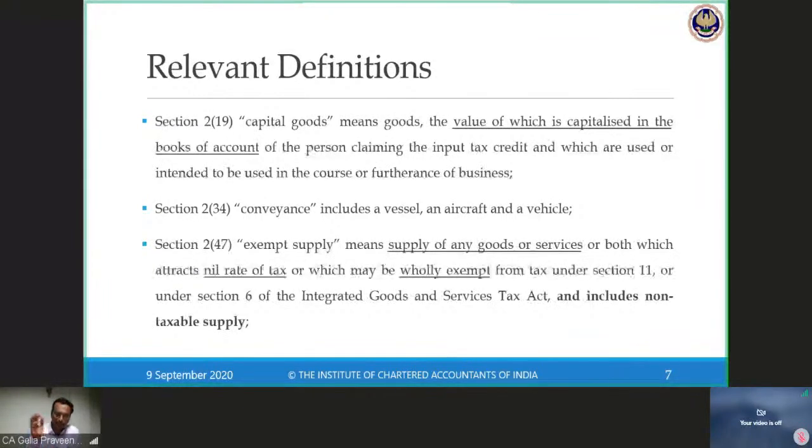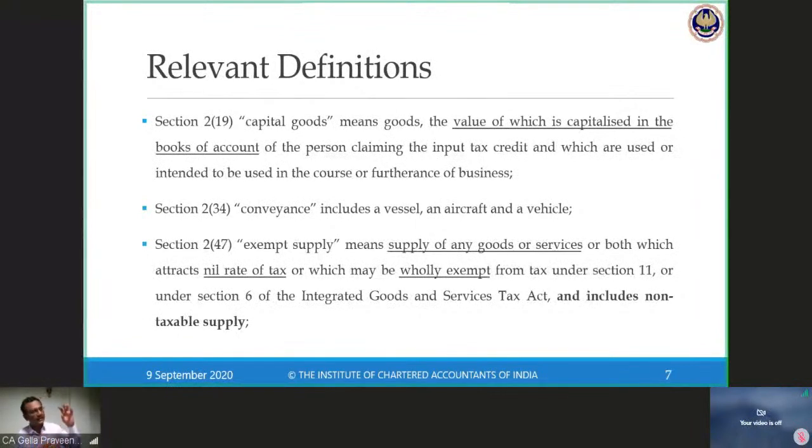Notification number 2 of 2017. Notification number 12 of 2017. So there are 2 notifications: 2 of 2017 and 12 of 2017, central tax rate. These are the 2 notifications which are relevant for